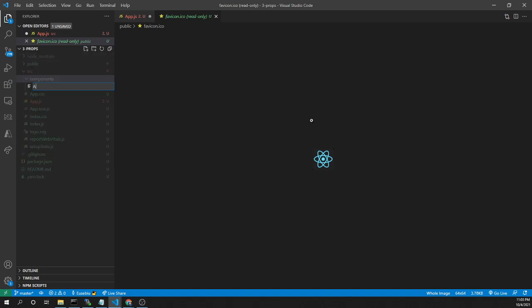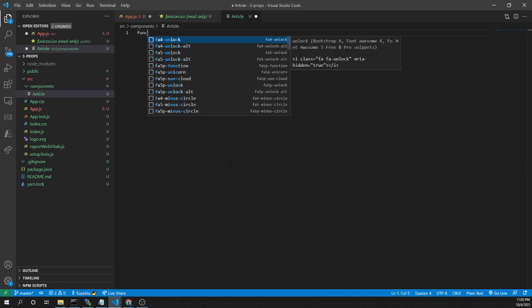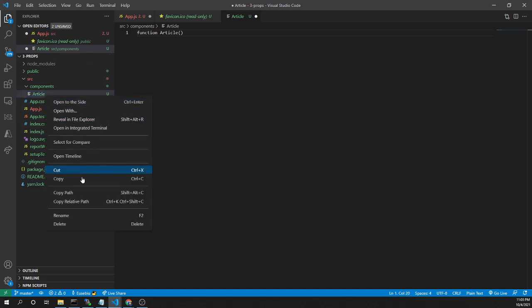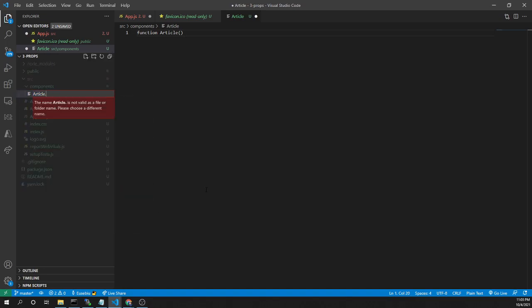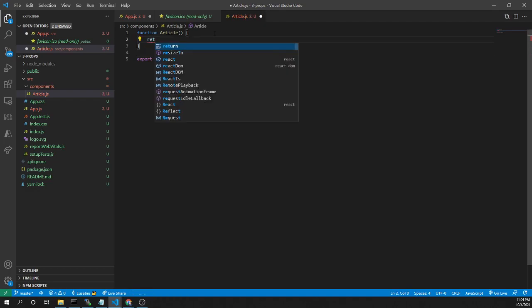First, let's create a component with the name article, and here let's add the function. So I have the function article. Here I need to put the extension JS. Here I have export default article.